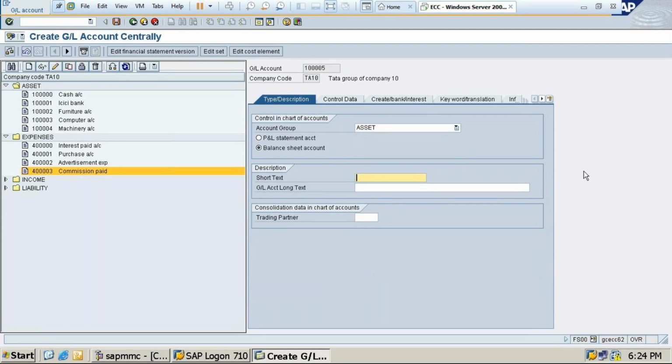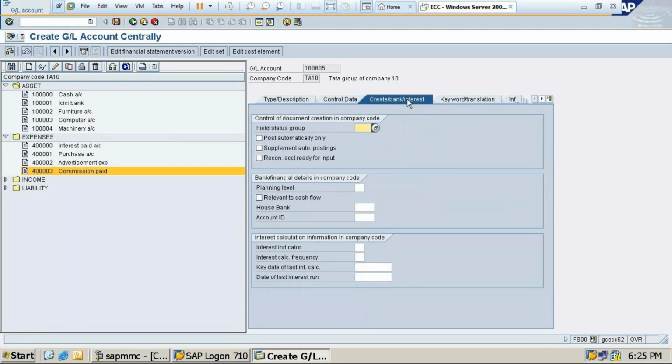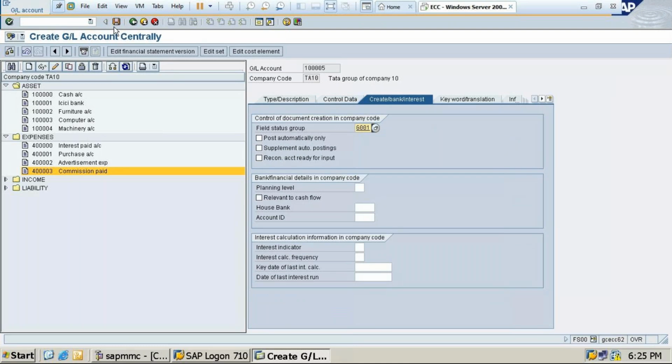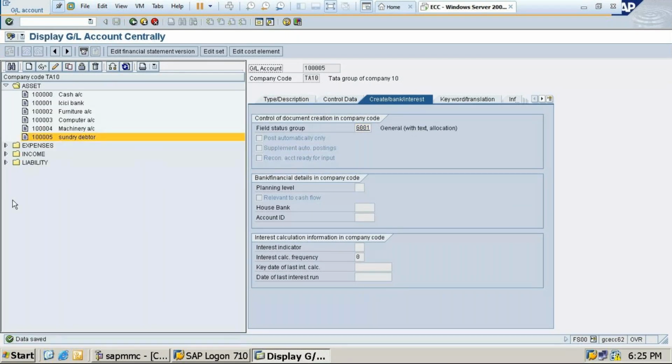What I'll create, sundry debtors. So this all has been created.